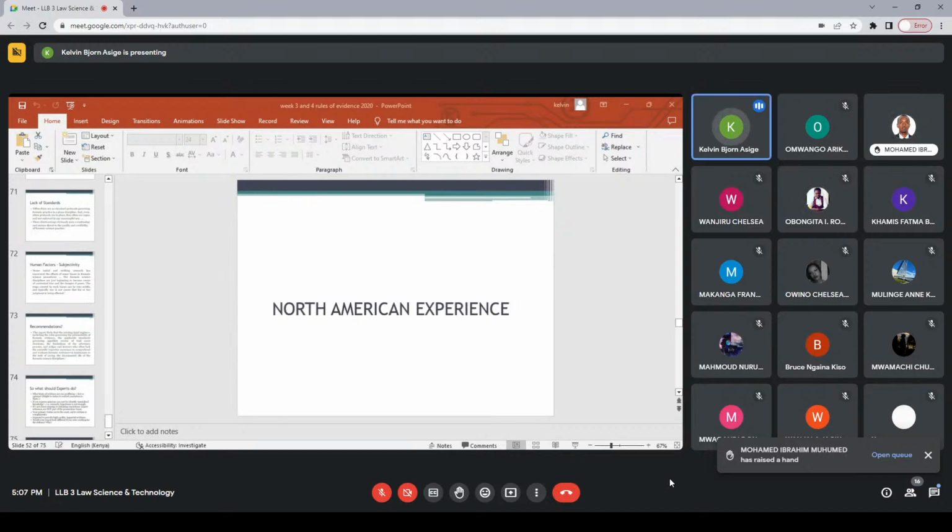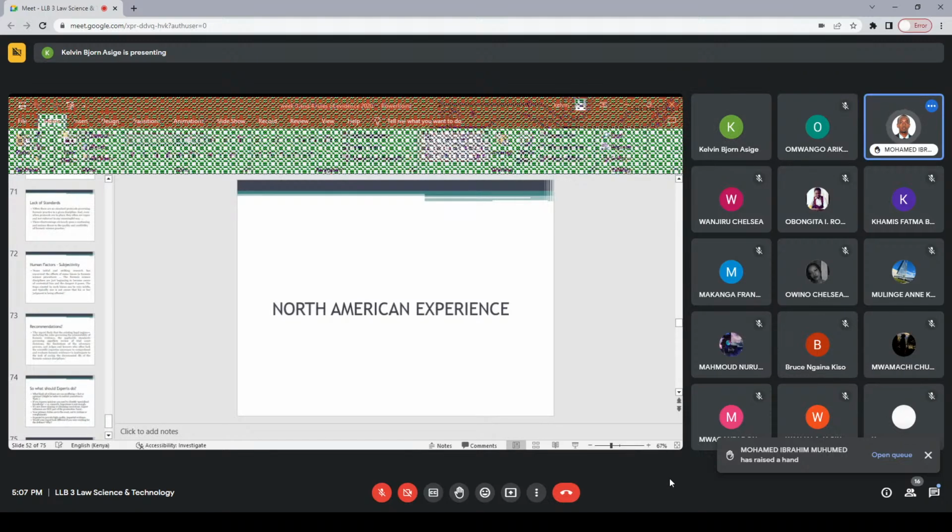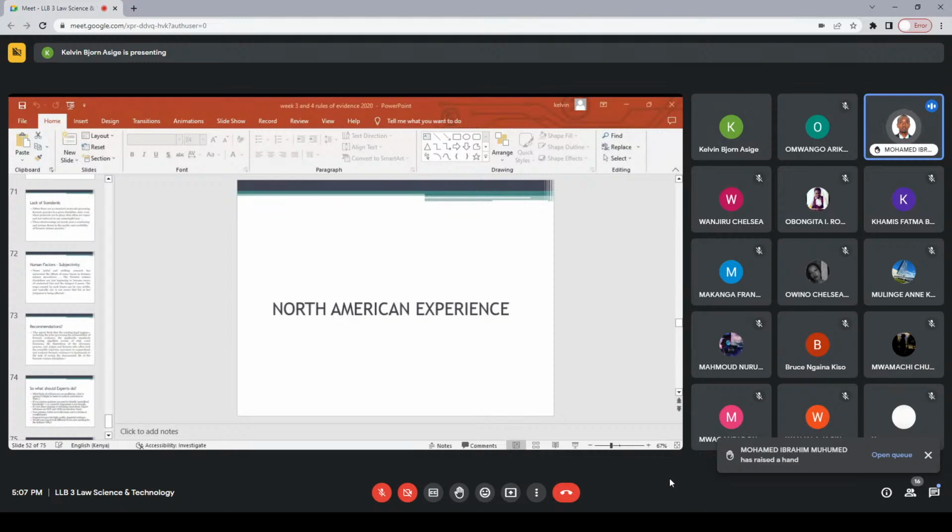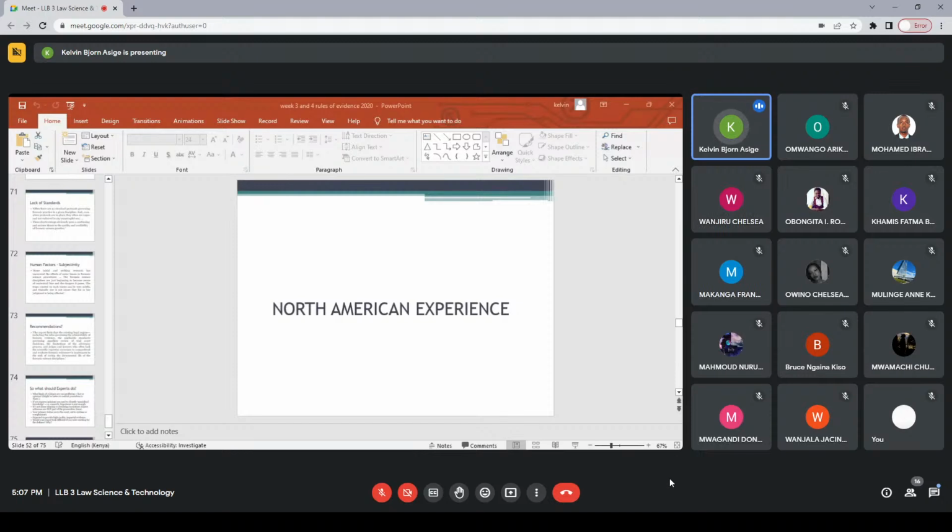Mwalimu, go ahead, Ibrahim. I think if I understand what Ronald is saying, probably LST could be an extension of evidence law. It's like evidence law 1, which we had, and this is evidence law 2. Yeah, something like that. Okay. Again, I think, Ibrahim, maybe you've fine-tuned it a little bit, but I'm still in the dark. When you read the cases and even the application, everything, you feel like we are in an evidence law class, honestly. That's okay.